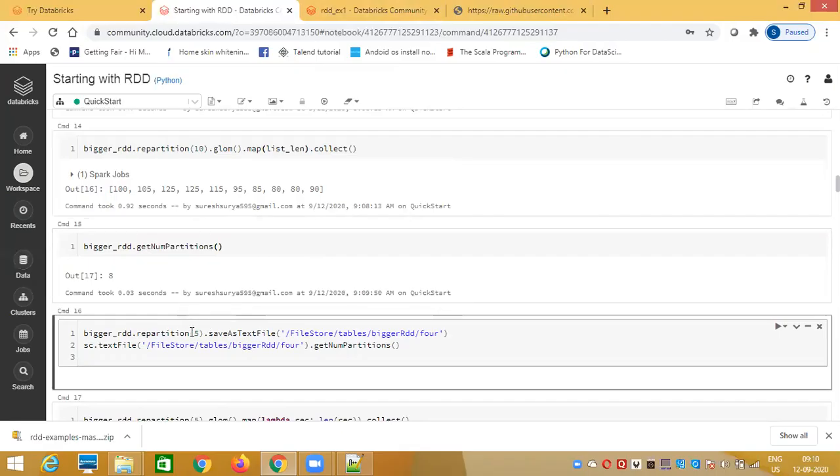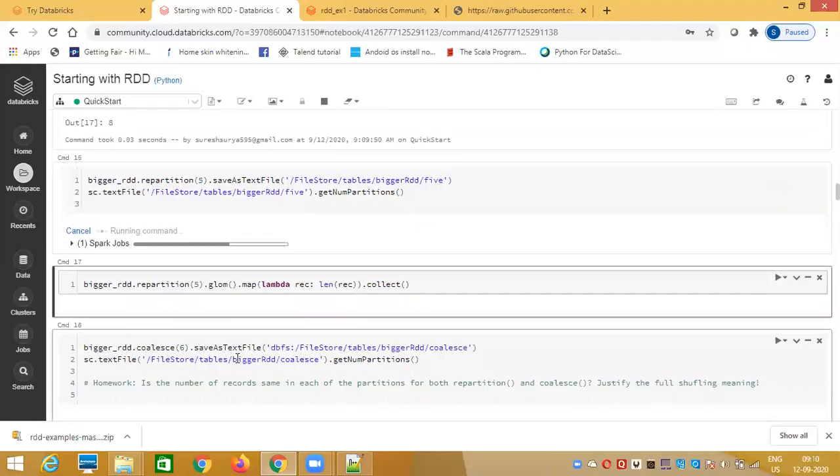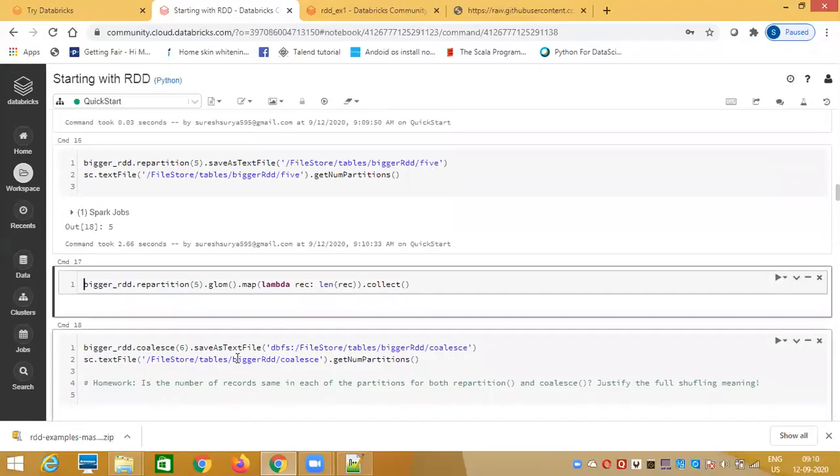Okay, so now we are reducing the number of partitions to 5, and I'm saving it as a text file with save as text file, giving a directory called 4. I should give 5, right? You can give any name, for better understanding I'm giving a relevant name. It will write the data into that directory, and in the next line you are reading the data from the same directory. So we should expect 5 partitions. We wrote the data as 5 part files and we are reading the directory, so it should give me 5 partitions, which it is doing.